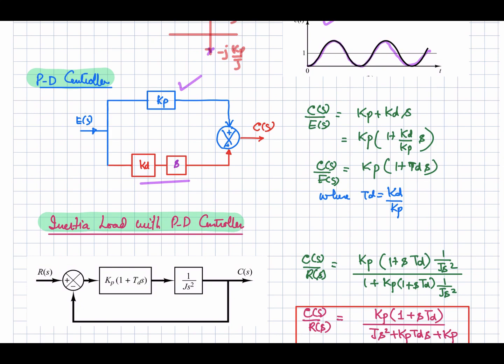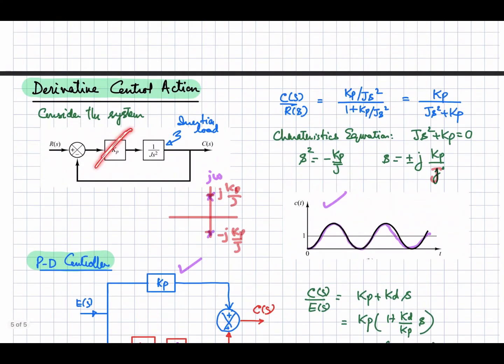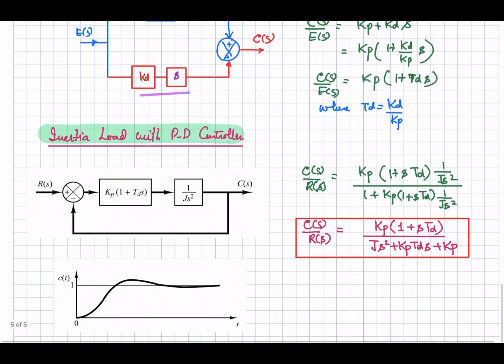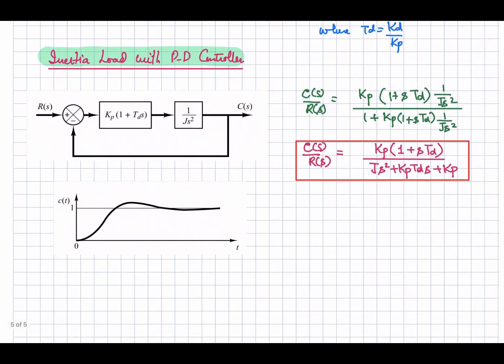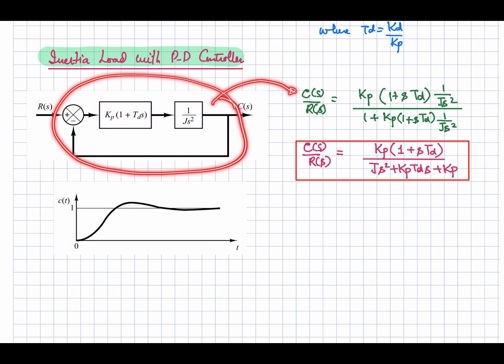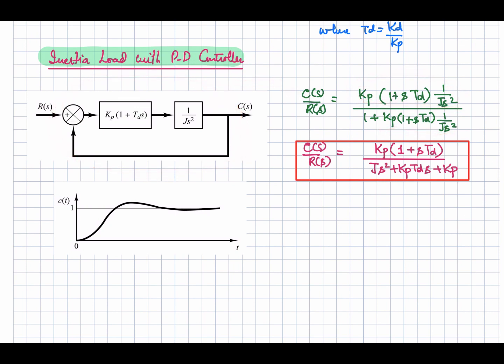Okay, now let's replace this proportional controller with the PD controller with the inertia load. So your closed loop will look like this. This is your inertia load, and here you have the PD controller. If you look at the closed loop transfer function for this block diagram, that is given by this expression, G(s) over 1 plus G(s), that is the loop gain. Simplifying this one, we are going to get this expression. And if we look at the response of this equation, that will be this one.